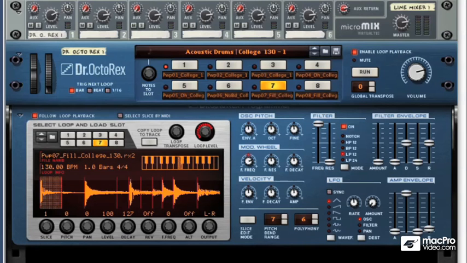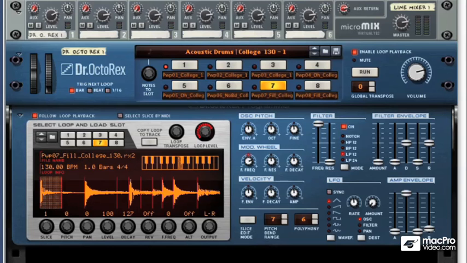The .rx2 or Rex file format is a proprietary format designed by Propellerheads themselves, and each of these files contains slices and MIDI information, so not only will it stay in time with your project, but you can actually move these slices around and rearrange them using MIDI. MIDI files can also be generated, so you can see them in any other DAW as well as in Propellerhead's own sequencer. This format gives us a massive amount of freedom and really allows us to home in on particular